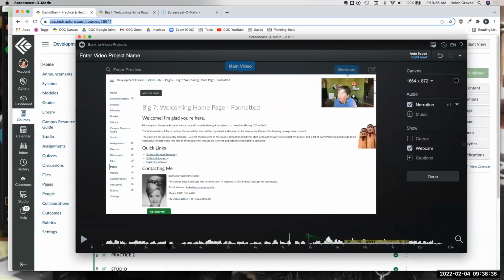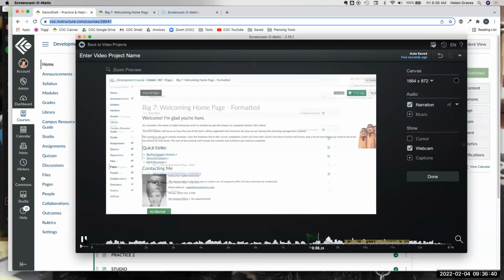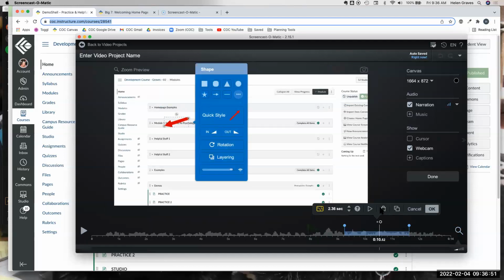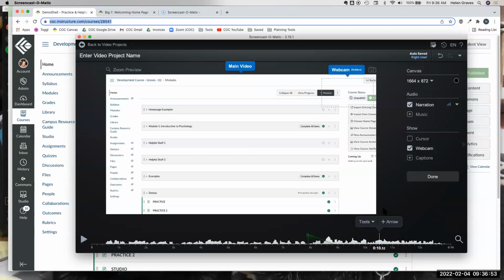And now let's watch a little snippet. You'll see the transition and then the arrow will appear. Of course, I say, okay, so here we are in the modules area and I'm going to show you. And so I realized, oh, okay, that's not an arrow I want. I can go ahead and open it up again and I have the trash, so I can delete it if I realize I don't want it, or I could have moved it if I wanted it in a different place in the video.